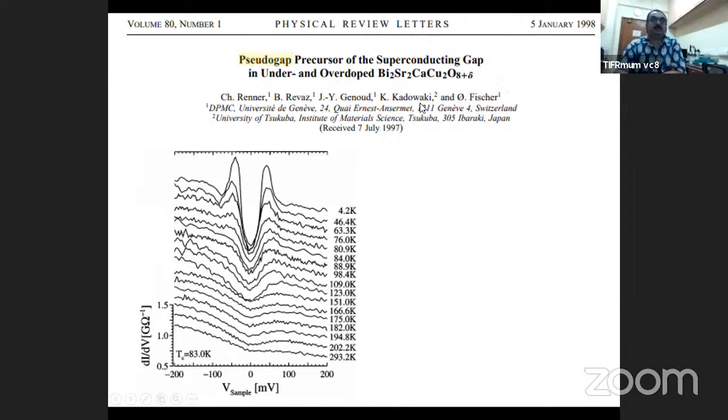So then there are yttrium, barium, copper oxide, which has a TC of 90 Kelvin. That's the most popular one among this class of superconductors. There are also other superconductors in this category of copper oxides, which are mercury or thallium based, that have even higher transition temperature. Those are not that popular because mercury or thallium is quite poisonous, and therefore even synthesizing those material is not